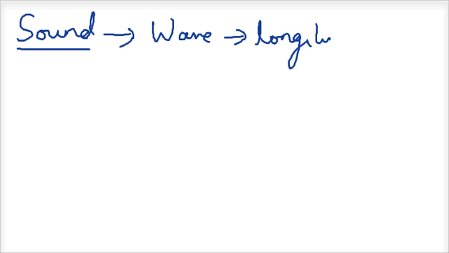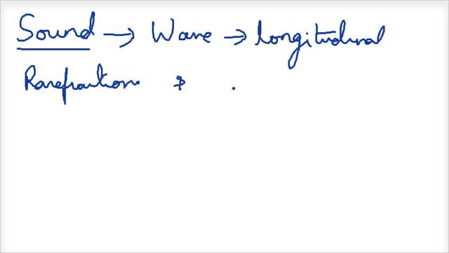Okay, like you all know, sound is a wave, a form of energy transfer from one point to another. You also know that sound is a longitudinal wave. Waves can be classified as two types, longitudinal and transverse waves. Sound is a type of longitudinal wave. Now, when you have a sound wave, it progresses as a set of rarefactions and compressions.